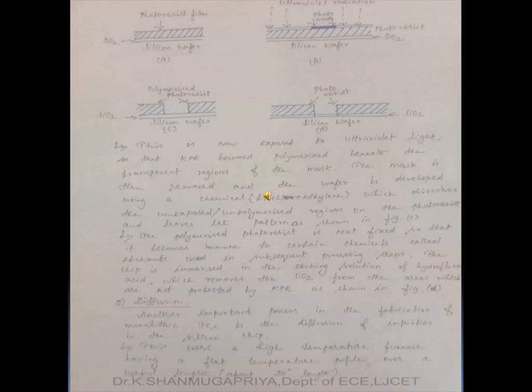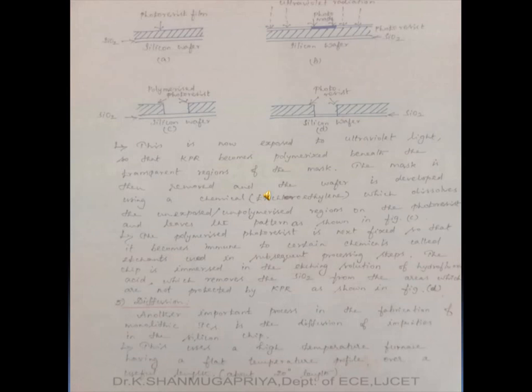Actually, etching is a process in which the material which is not masked by the lithography process is removed. The etching technique is usually used in removing unmasked materials uniformly or selectively. The unmasked regions on the wafer are etched by using etchants such as nitric acid and hydrofluoric acid.